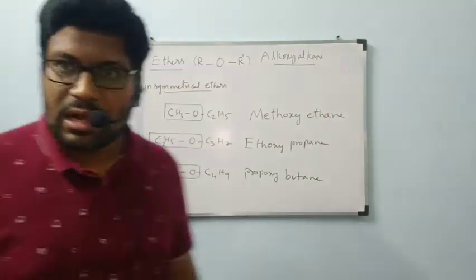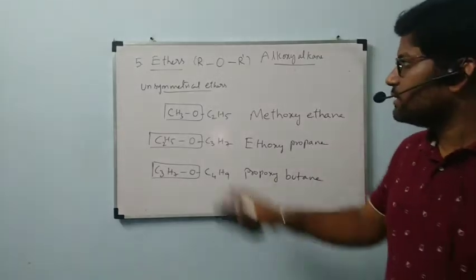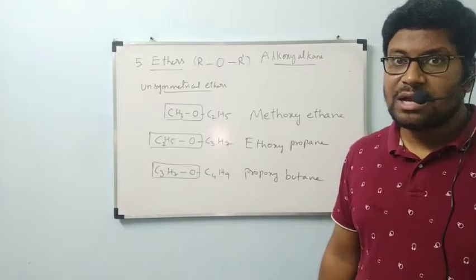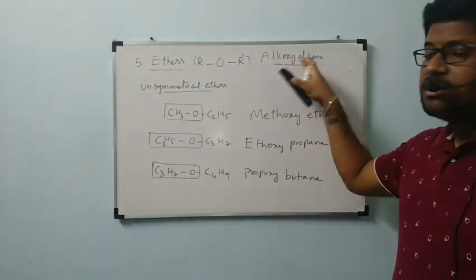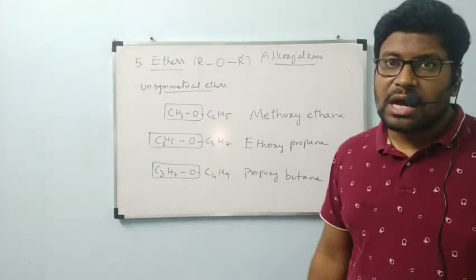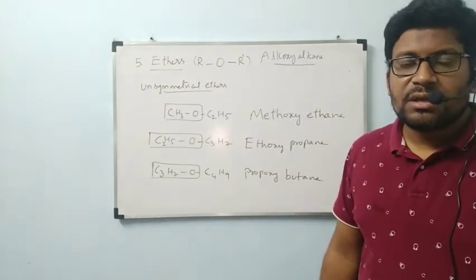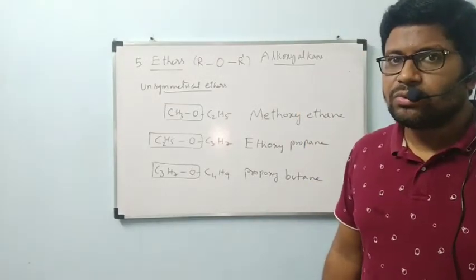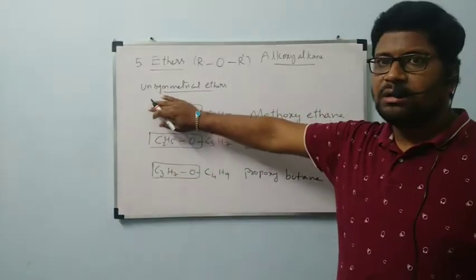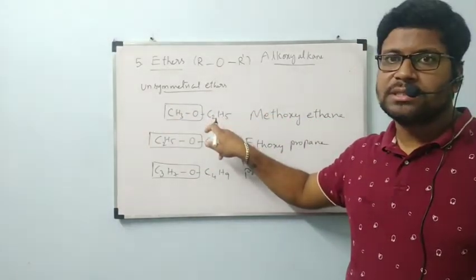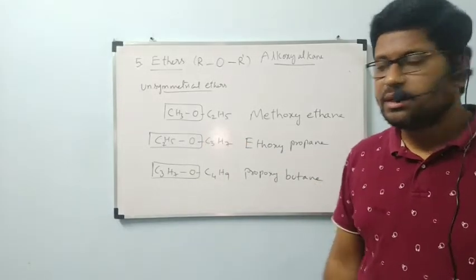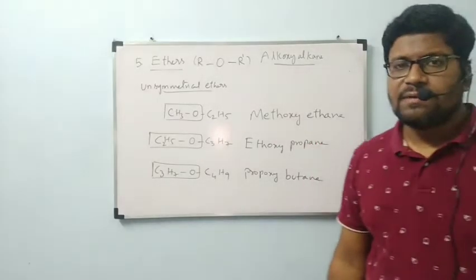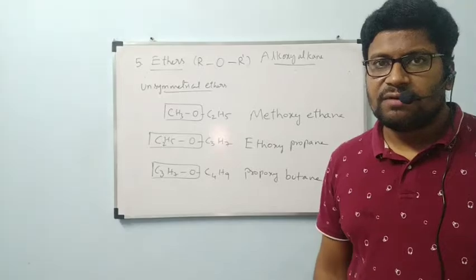Symmetrical ethers are represented with ROR. Unsymmetrical ethers are represented with ROR dash. Anyways, ethers are generally named as alkoxyalkane, methoxymethane, like that. An alkyl group joined with oxygen is called alkoxy. We close that one, and then we see how many carbons remain, according to which we choose the root word. This side, how many carbons do we have? Two carbons means root word ethane, methoxyethane. Okay, like this we have to give names of unsymmetrical ethers. With this, the ethers functional group is completed.